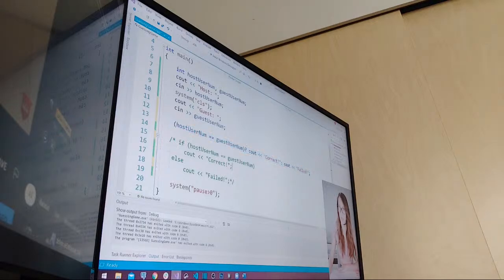So this line of code really means, please check this condition here. And if this condition here results as true, execute this part of code here. But if this code here results as false, please execute whatever I put after my colon sign. So that is going to be our cout failed. And now if I run the program,